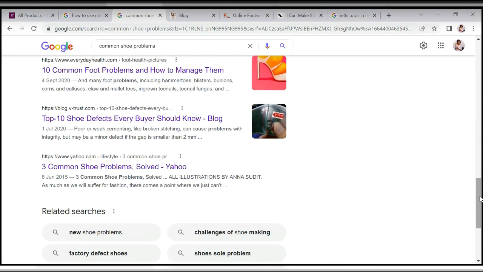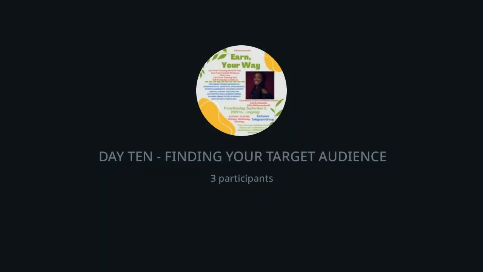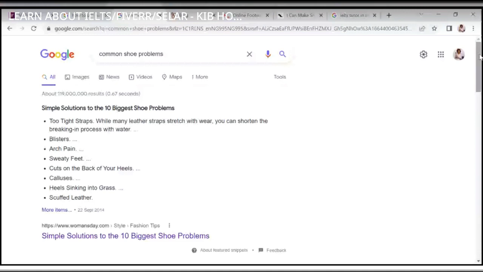once you have read all of these things, you now need to go into platforms like Facebook groups, where you see people that have all these fashion groups, clothing groups and everything. Search through all of those things. What are people talking about? Do people want shoe designs to be changed? Do they want people that make shoes to make them in a particular, I don't know what. Just think about it. What are people saying about shoes? What do they like? What do they want improvement on?